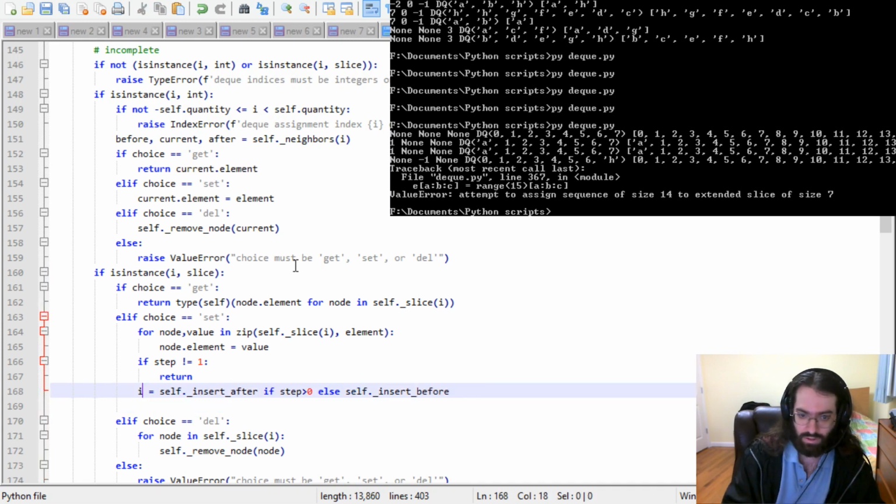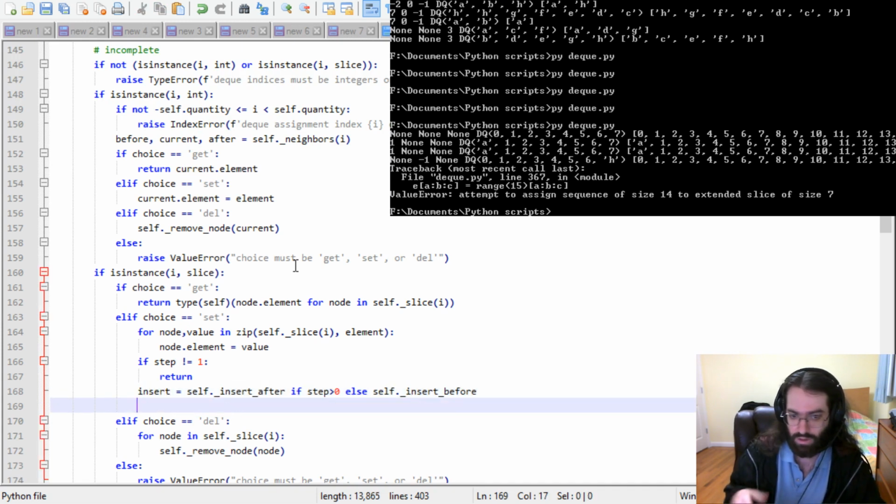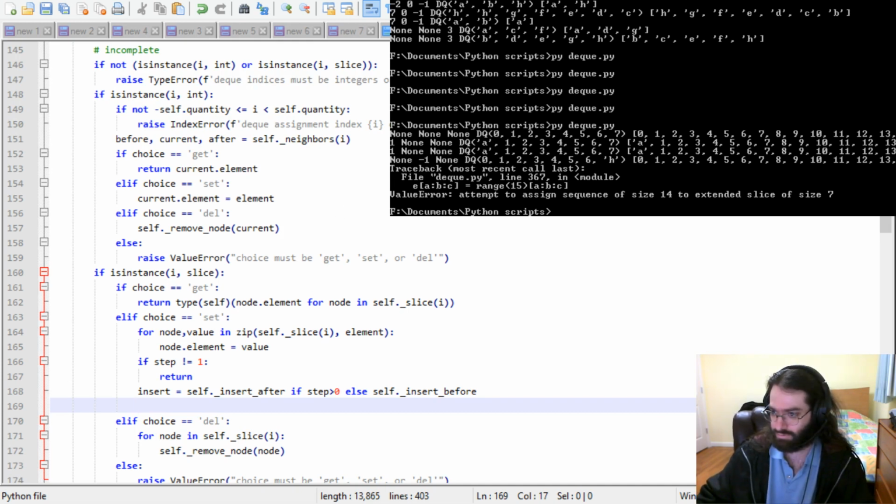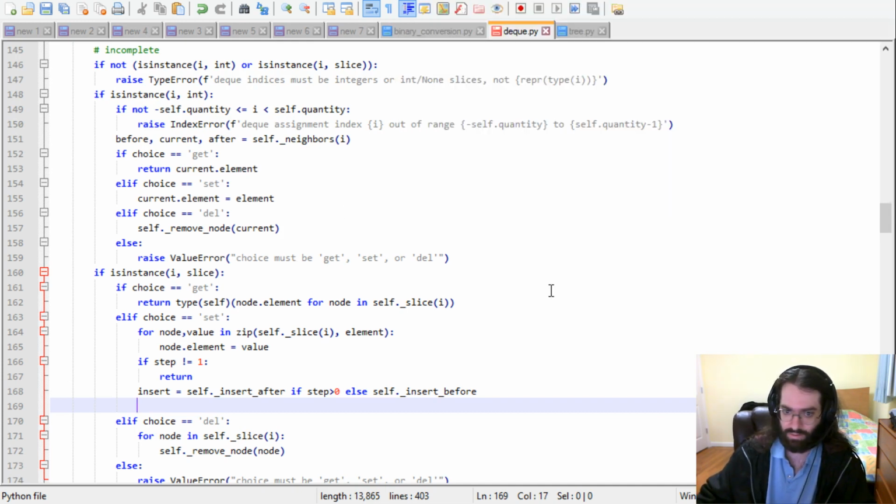And let's actually call that insert because that's what it's doing. So now that we have established that the iterable that we were passed is the same length as the slice that we wanted, did I really spend 20 minutes not really doing anything? Wow. I got some methods in there. Anyway,